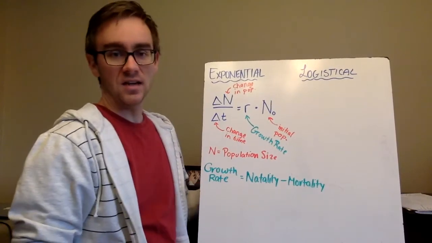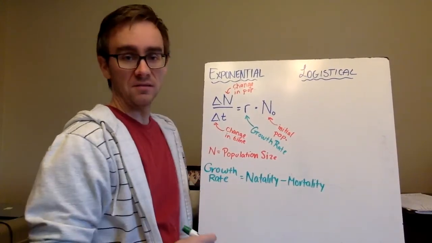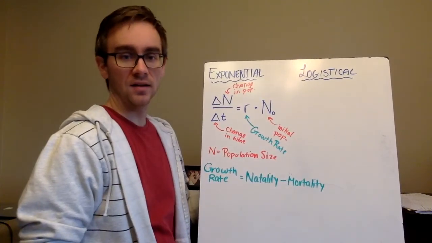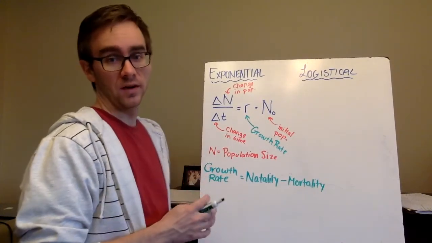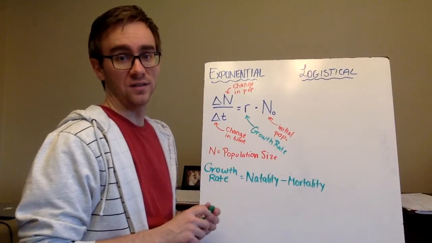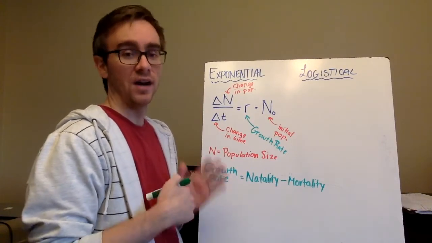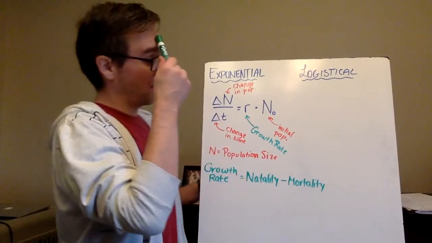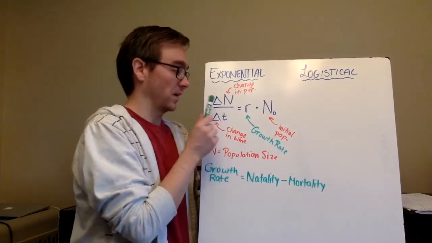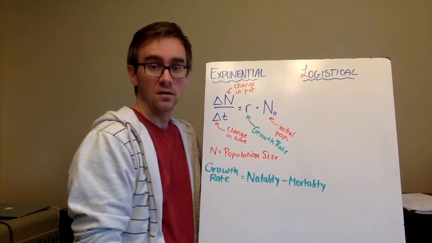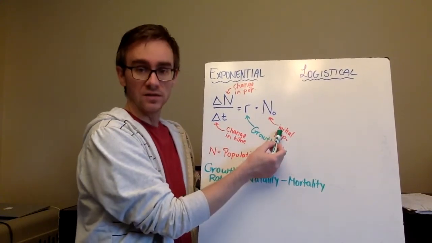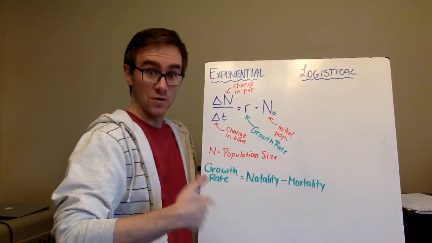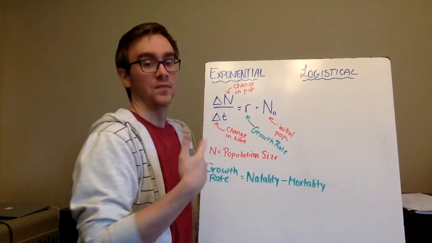So in the last 10 years, 200 babies were born and only 50 individuals died. That's a huge growth rate. That'd be a growth rate of 150 individuals, right? The net of how many were born versus how many died, and that's our growth rate. So if we have a positive growth rate, we would expect a positive growth in the population, because if you have 200 individuals and a growth rate of 150 individuals every year for 10 years, that's going to be a big